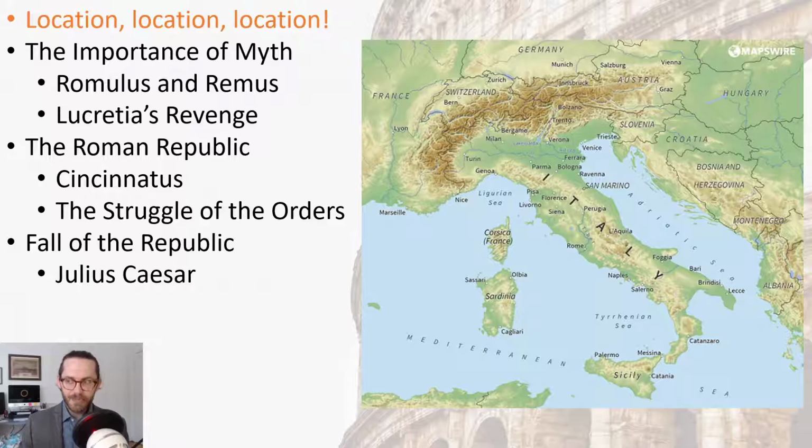Like I said, it's about 17 miles away from the coast, but it's pretty close. And the river, of course, runs to the coastline, so it's pretty easy to get goods from Rome to the coastline. So Rome is in a really good strategic location, and that's why people are going to start settling there pretty quickly. Now, before the Romans dominated the Italian peninsula, there was actually an earlier civilization that was kind of the dominant force in Italy,